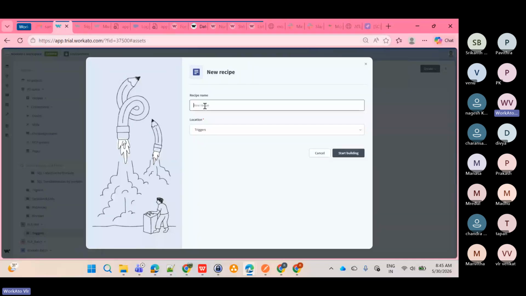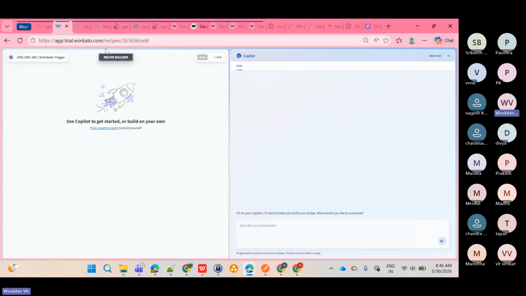Okay, I'll follow with VR, VM, nothing but May, REC. So REC 01, you can make it as 01 as well. Anything is fine, 3 digits or 2 digits is also fine. Like I'll be going with scheduler trigger. That's it. So when you create a recipe, this is the recipe homepage,